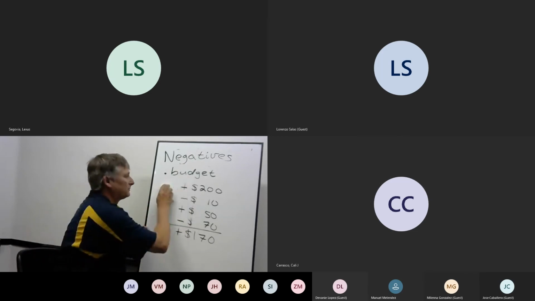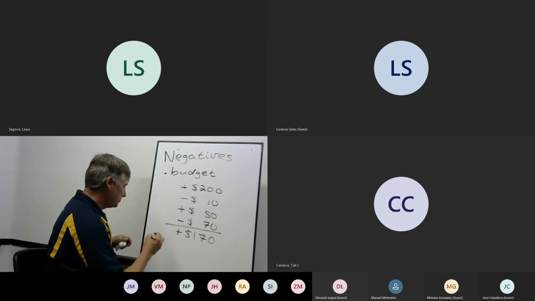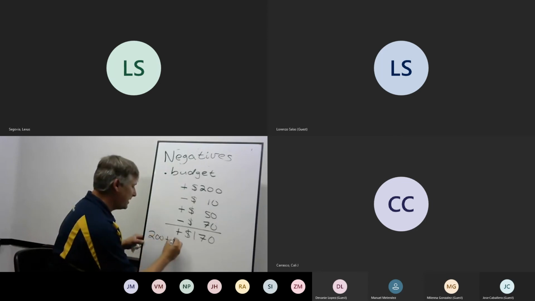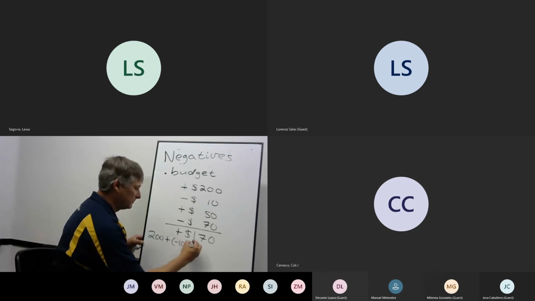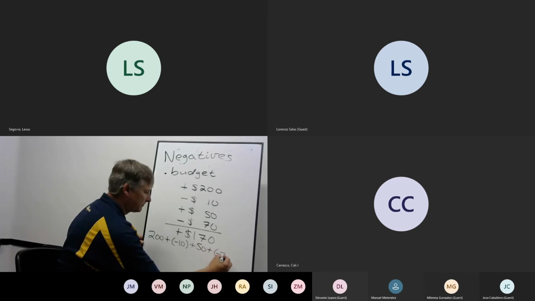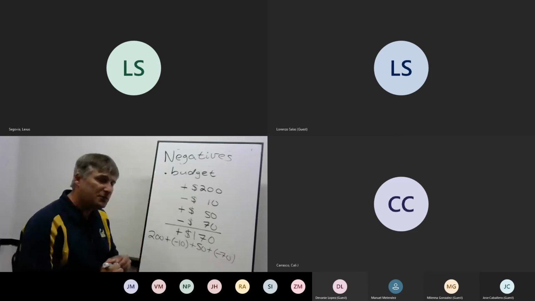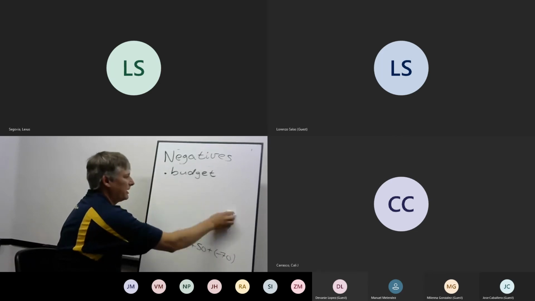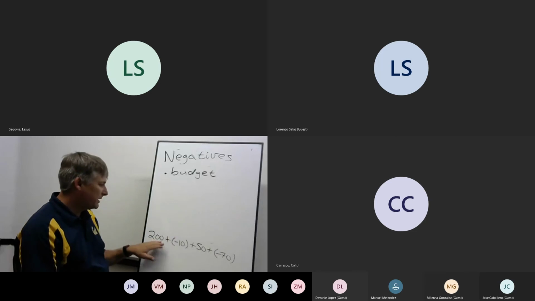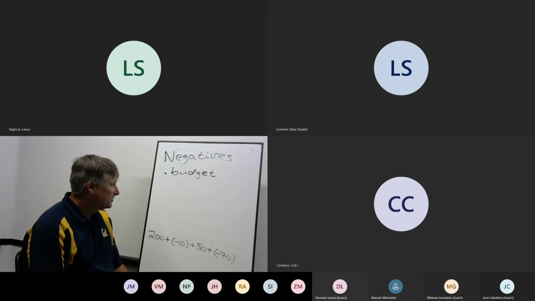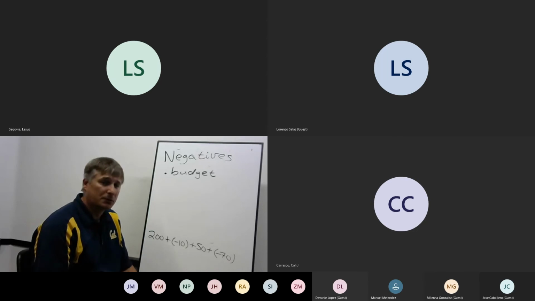Another way of doing it is we can think of it as 200. That's money we get. Plus, but then we have to include the money that we owe. We get another deposit, and then we have money that we owe. So the idea of using negative numbers is another way of just labeling amounts of money. This is money that we get. A negative is money that we pay to somebody else. And so this is a key thing in negative numbers we're going to run into.